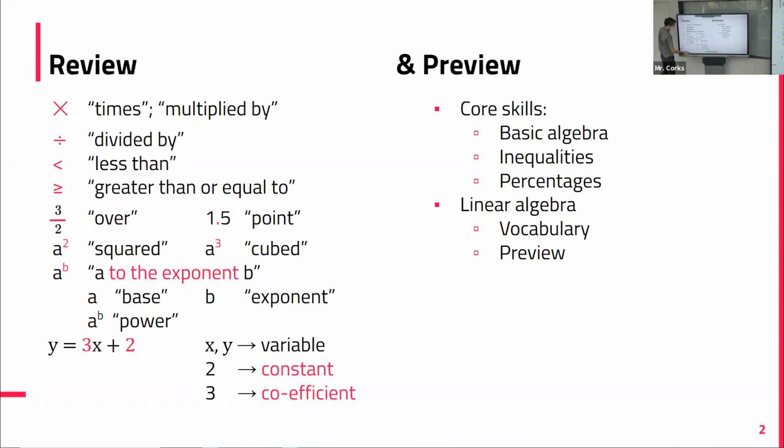And then variable, most people knew, but constant and coefficient, some kind of specialized terms that we'll be needing. Also, these ones, lots of people knew ways to talk about this, but the standard forms, again, less than and greater than. So useful to know. Okay, today we'll